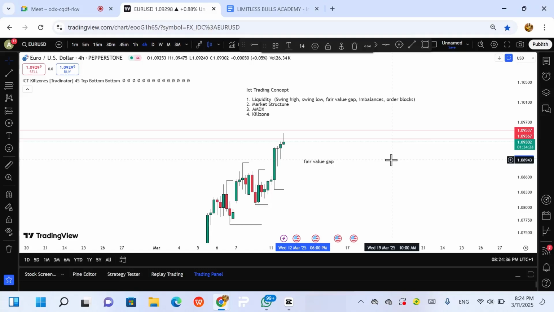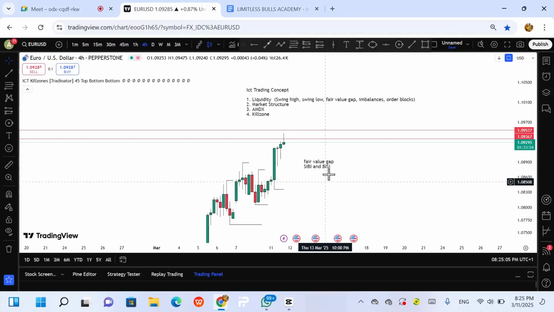Under fair value gap, we have two different types of fair value gap. You know of this already, but let me just emphasize on this. We have the CB and the BC. Forget these names, they look like something from secondary school storybooks, but these are CB and BC, abbreviated with capital letters because each indicates an individual meaning. So what is the CB and what is the BC?